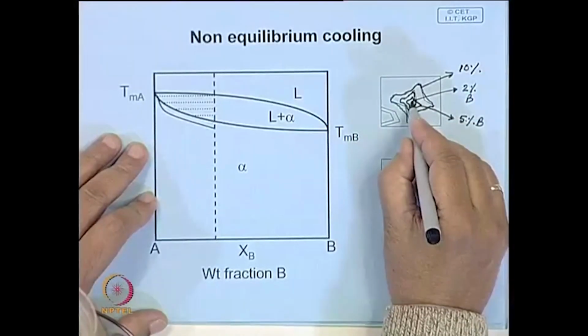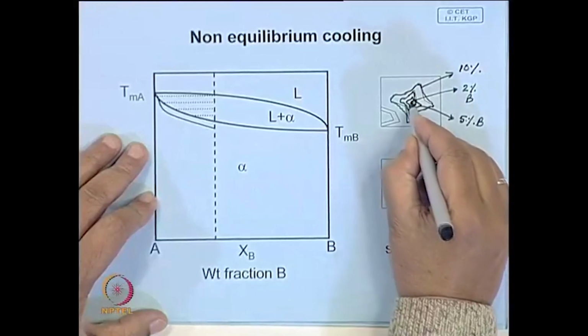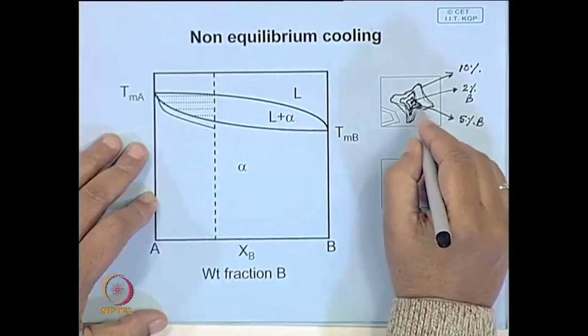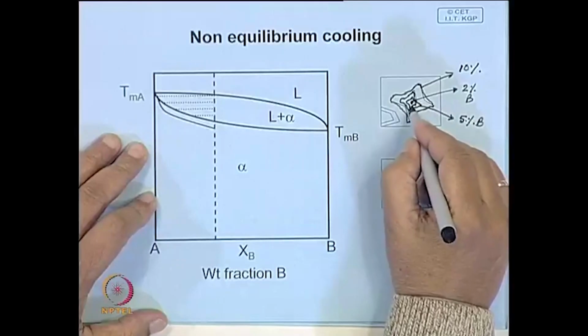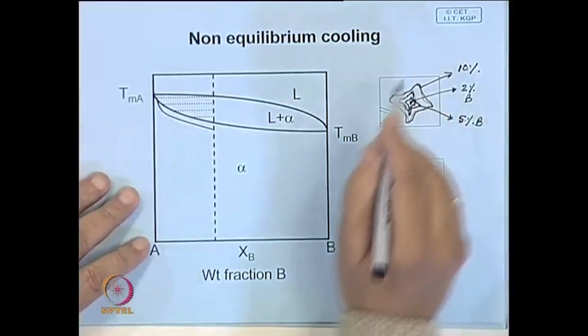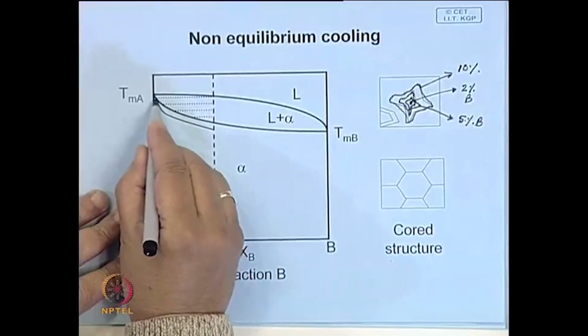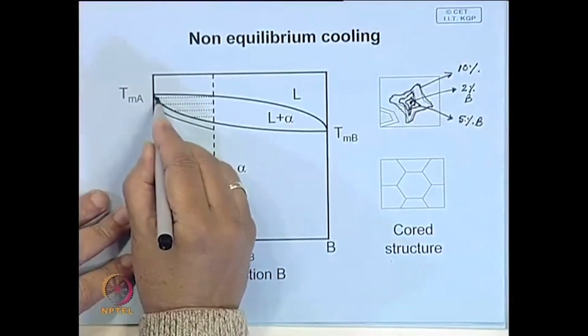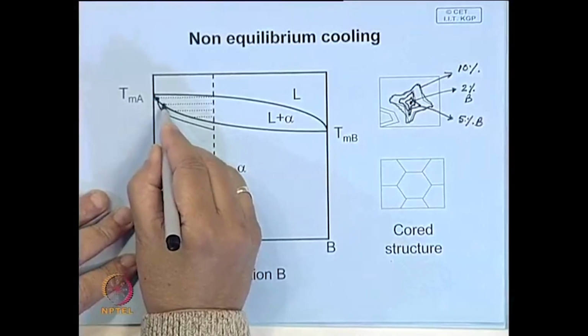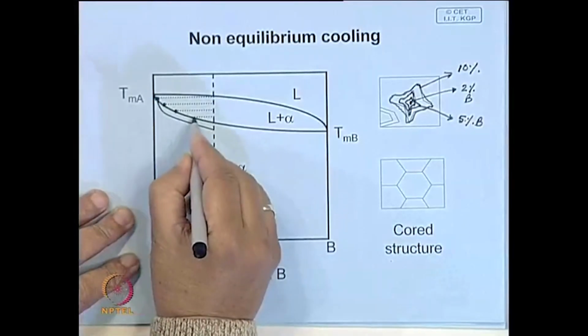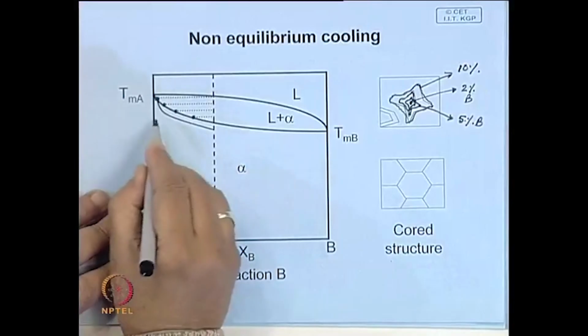As you move from the center of the crystal to the periphery, you are likely to find that composition goes on changing. The first solid which precipitates has this composition, next solid has this, next layer has this, but then